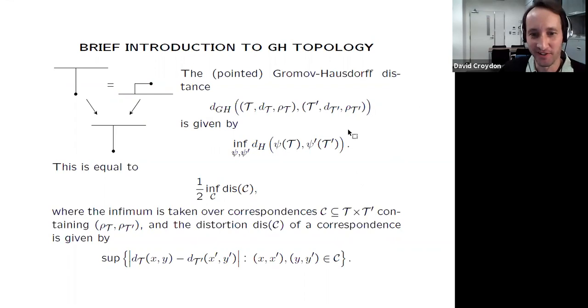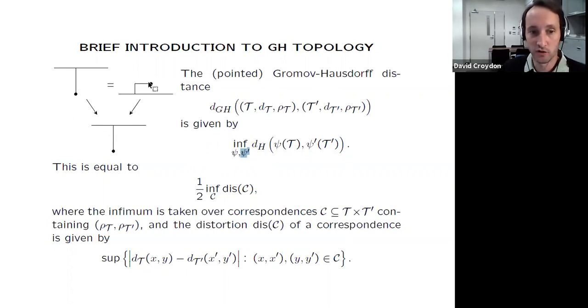So a bit more precisely, here's how we define the distance, the classical Gromov-Hausdorff distance between compact trees. Suppose we've got a tree over here and a tree over here. We want to embed them into a common metric space isometrically, by some embeddings, say psi and psi dash. And we just measure the distance down here with respect to the usual Hausdorff distance between compact sets down here. And we do this in a way that's optimal.